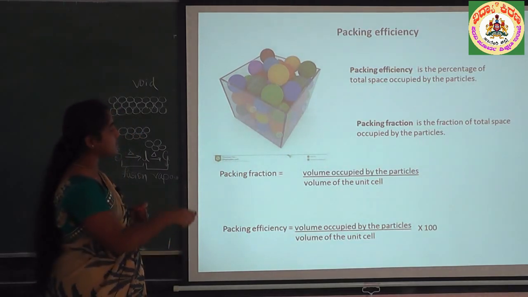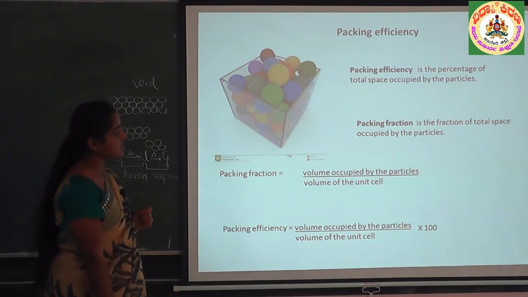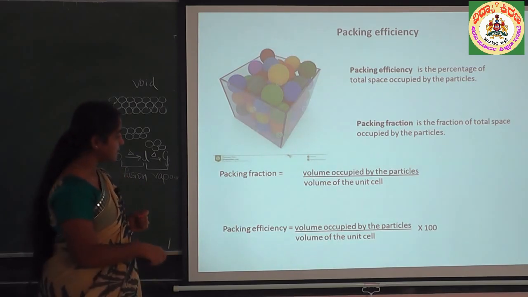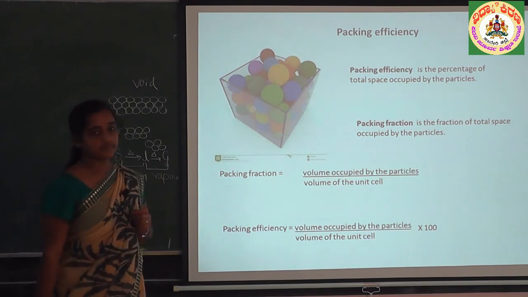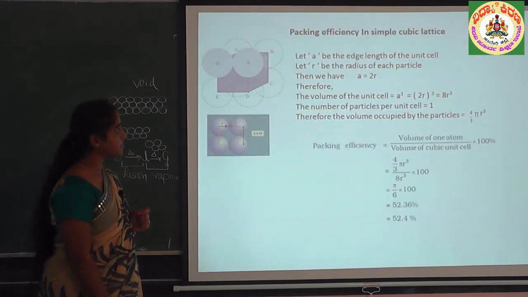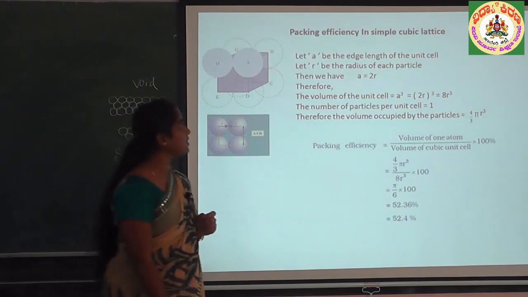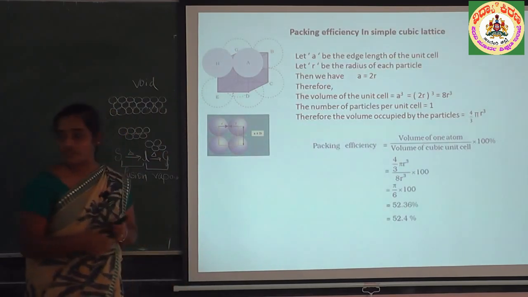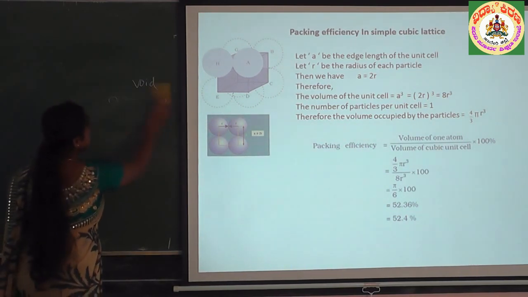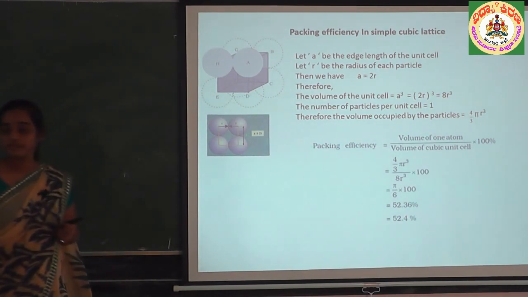The volume of this box is nothing but the volume of the unit cell, and the volume occupied by the particles is the volume occupied by the balls. Then packing efficiency is the same formula multiplied by 100. Now, how to calculate the packing efficiency in a simple cubic lattice? In a simple cubic lattice, see here,